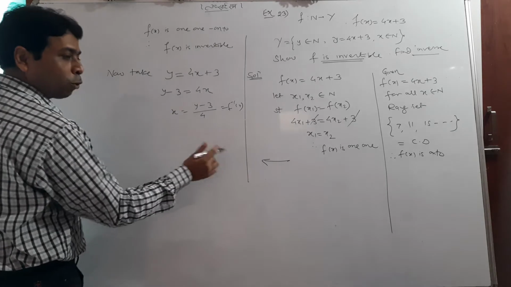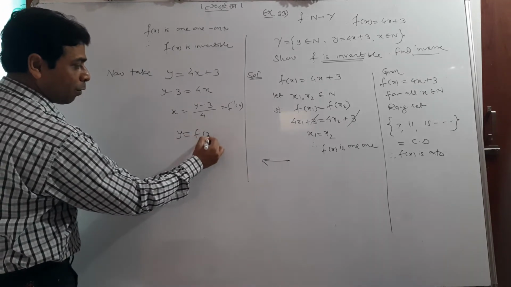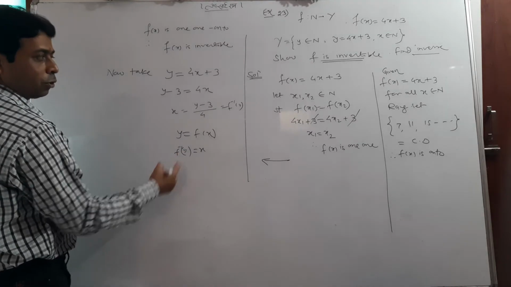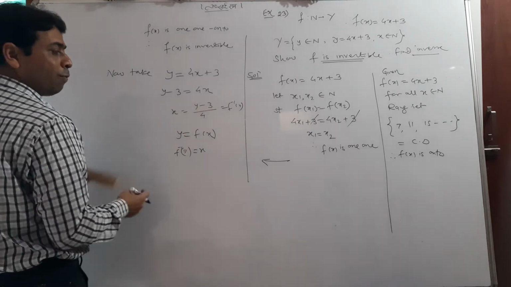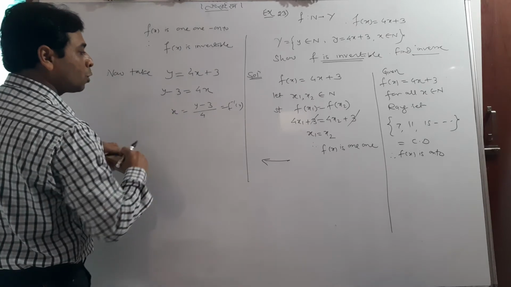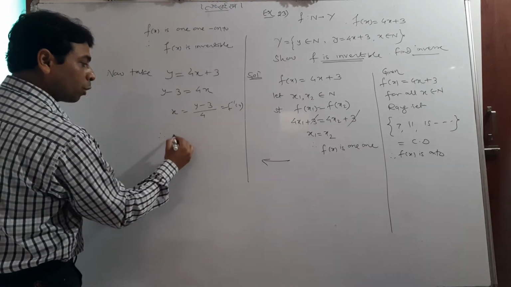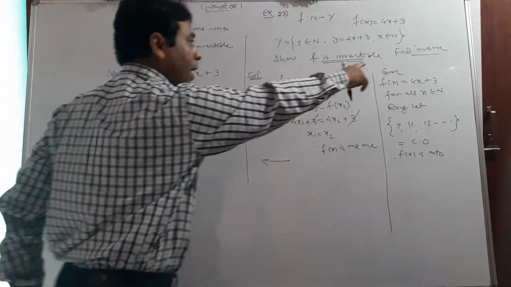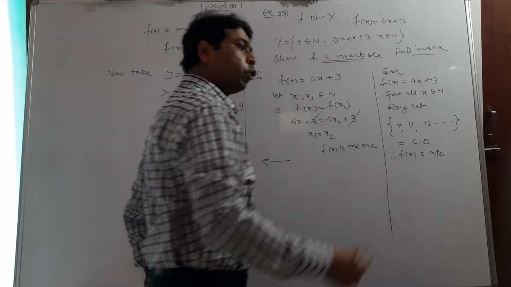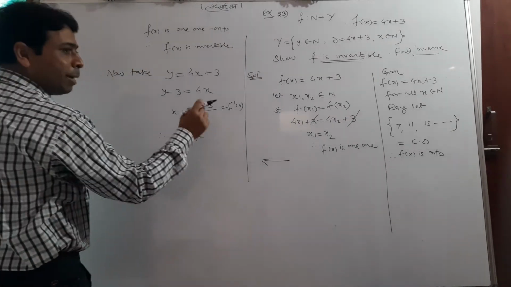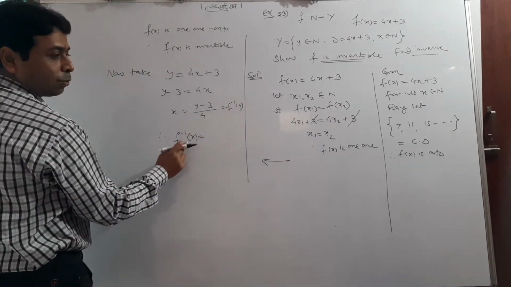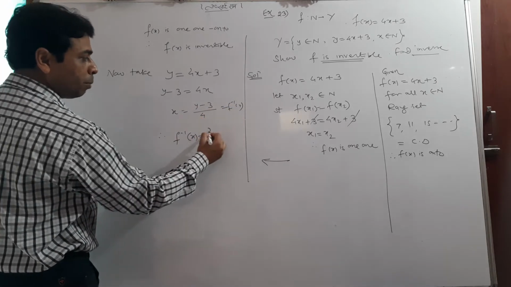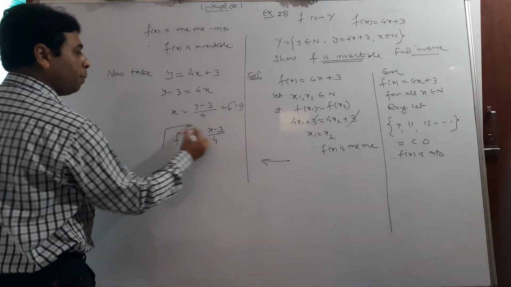So as I have taught you, if y is equal to f of x, then x is equal to f inverse of y, in terms of y. Finally, your function is in the form of x, so your inverse also should be in the form of x. So ultimately I change this to x. Instead of y you can write x, like f inverse y is equal to this one. F inverse x will be x minus 3 upon 4. That's the very simple method I have used.